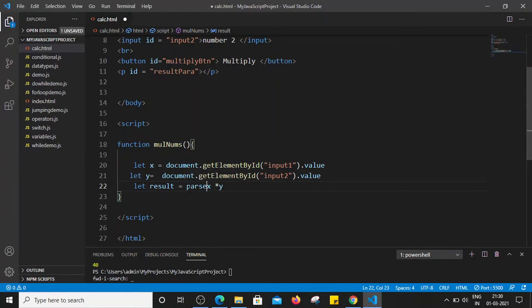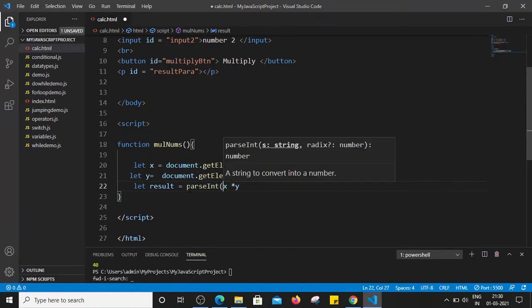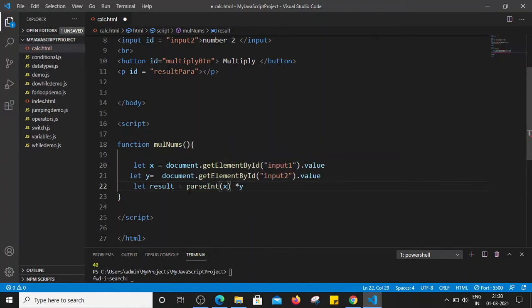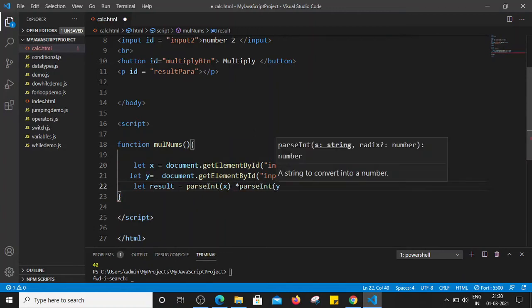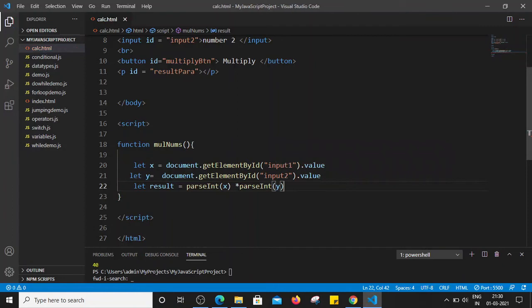So the parseInt method is used to convert the type of x, that is string, into integer. Similarly, parseInt of y. So it will convert the values of x and y from string format to number format, and then multiply. So both the values will get multiplied and the result will be stored in our result variable,